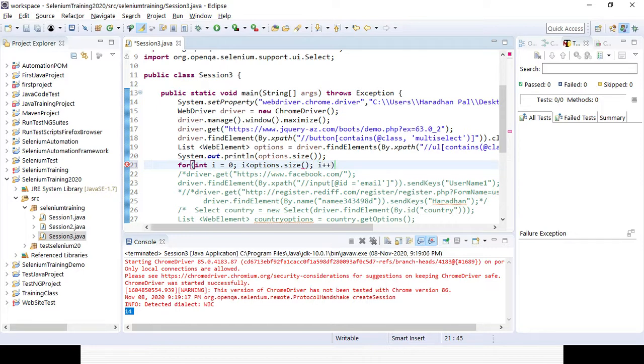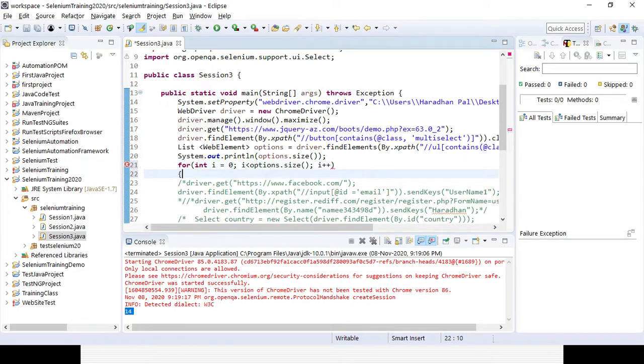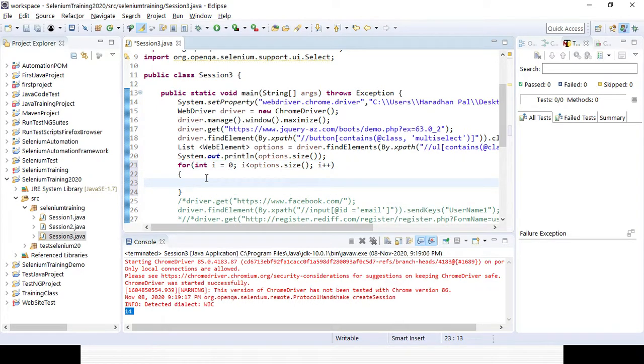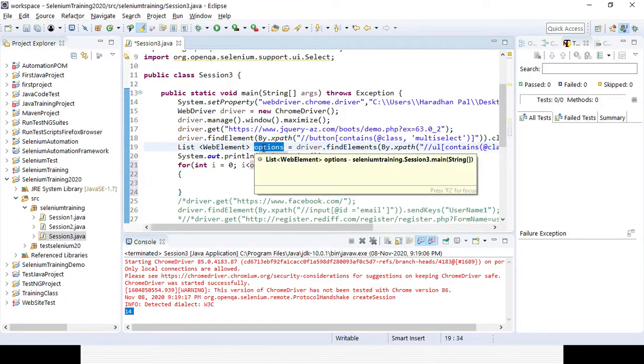This is the for loop I will be using here, and if you want to use the for loop, you have to start with a curly bracket, right? Then in the for loop, if you want to print all the options, you can still print them. So you know, options dot get of i, and then get text.